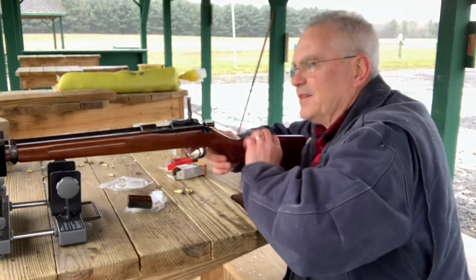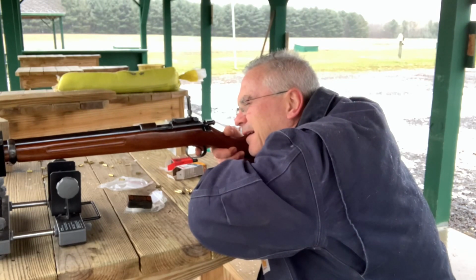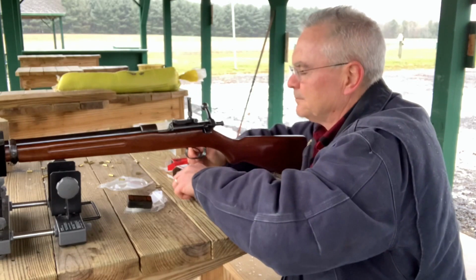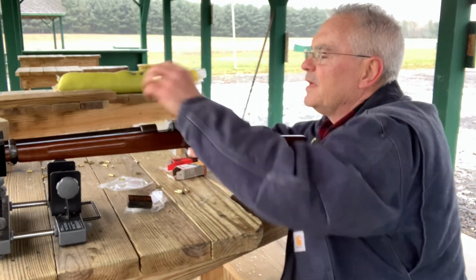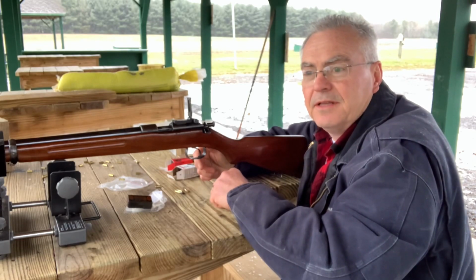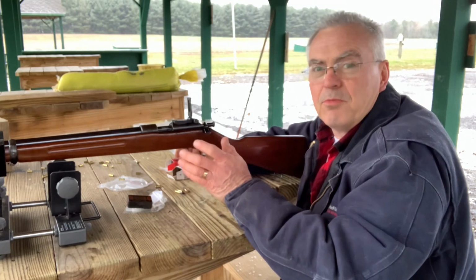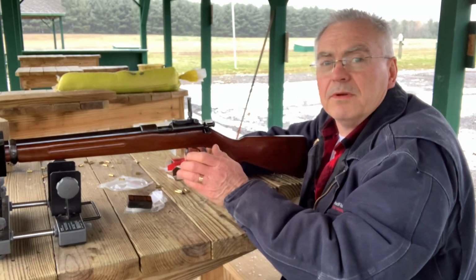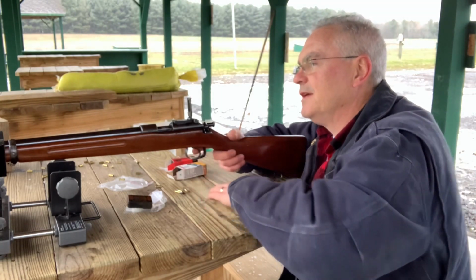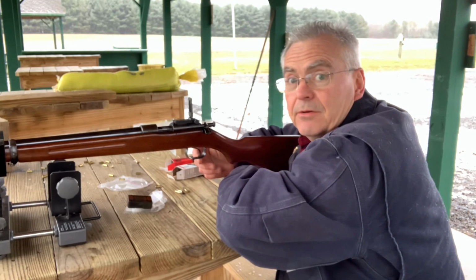Shoot a couple gongs here. If you can never get your hands on one of these old Winchester 52s, it's hard to put in words just how much enjoyment you would get out of shooting one of these. Just the nostalgia of it, and the sheer,